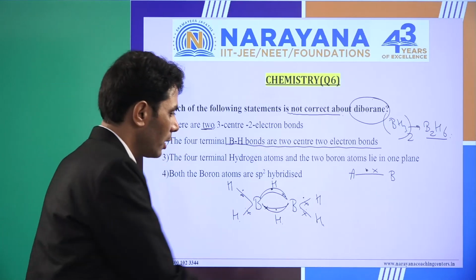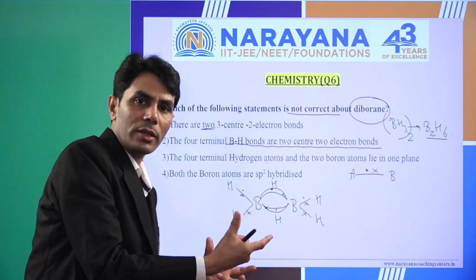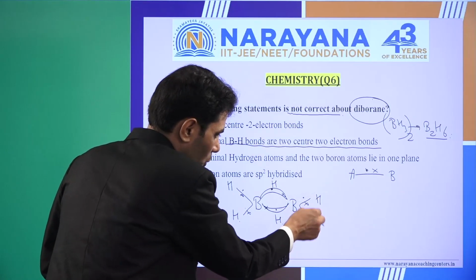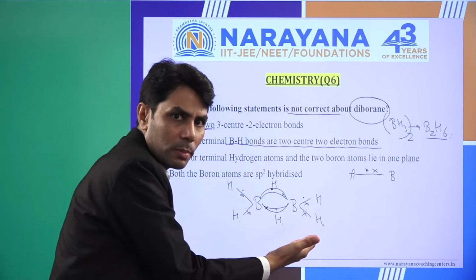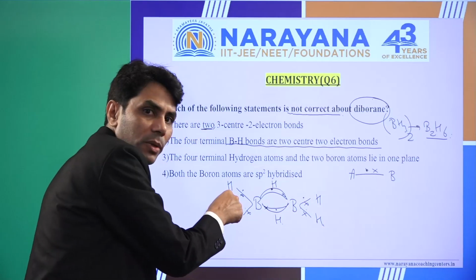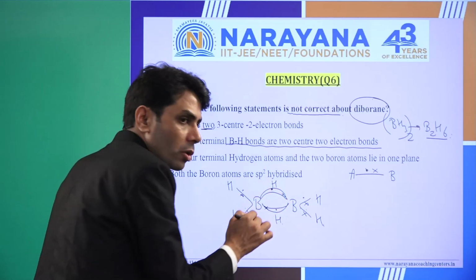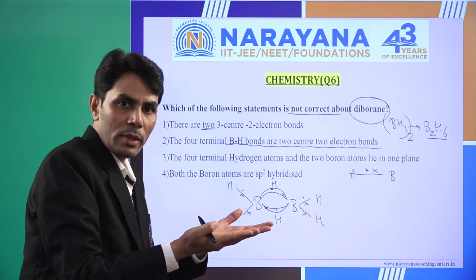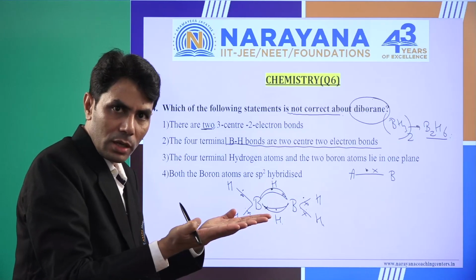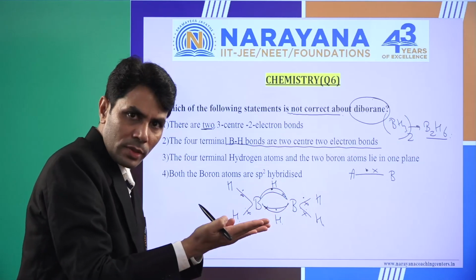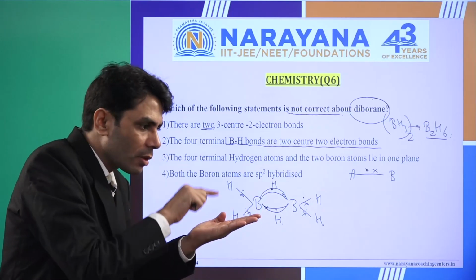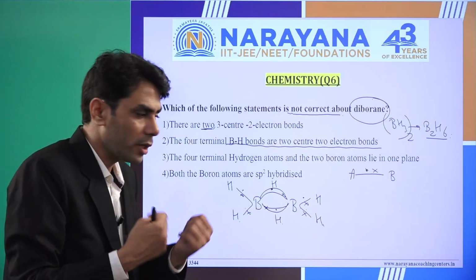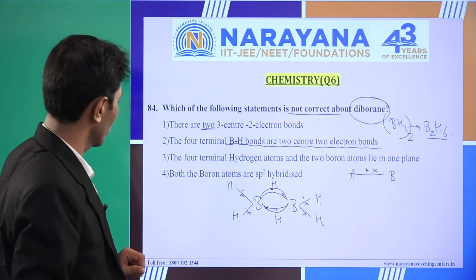Yes, these six atoms lie in the same plane. Suppose this triangle of 2H and 1 boron is in the horizontal plane, the other will also be in the horizontal plane, and these two banana bonds will be in the plane perpendicular to this horizontal plane. Suppose these are the planes of BHH, then the banana bonds will be like this. One banana bond, another banana bond, perpendicular to this plane. So these are also correct.